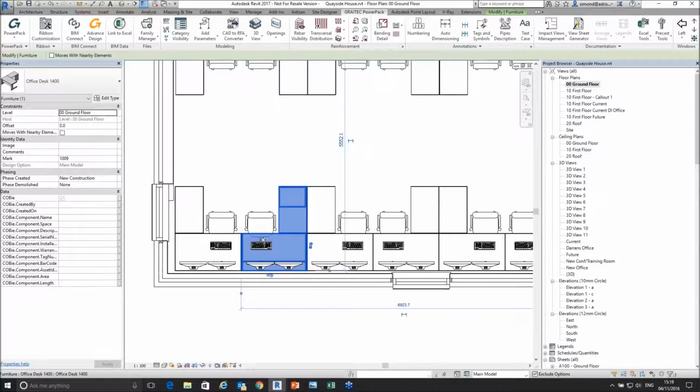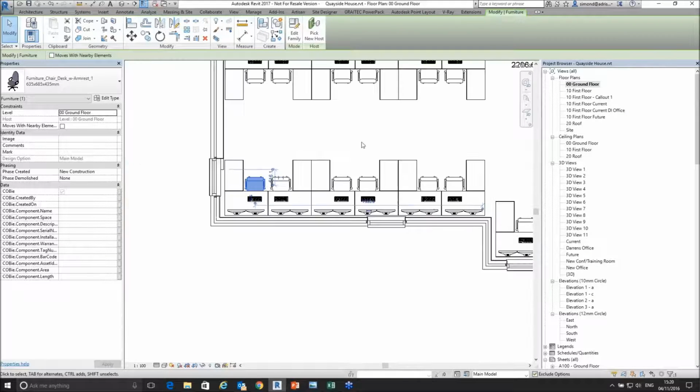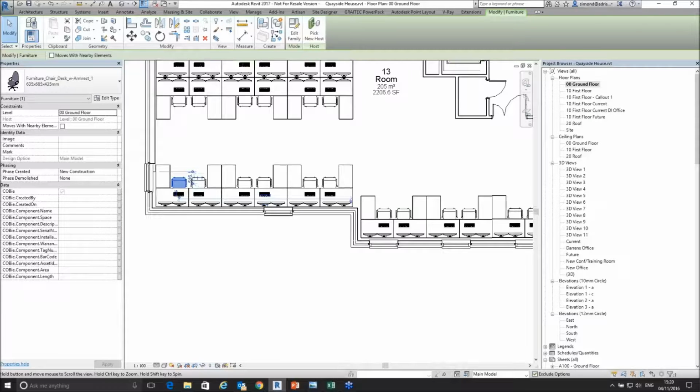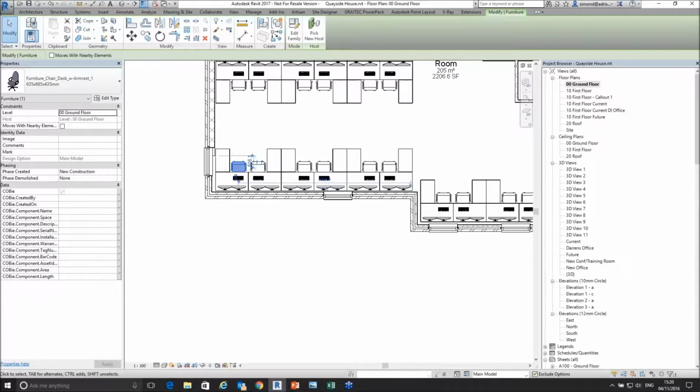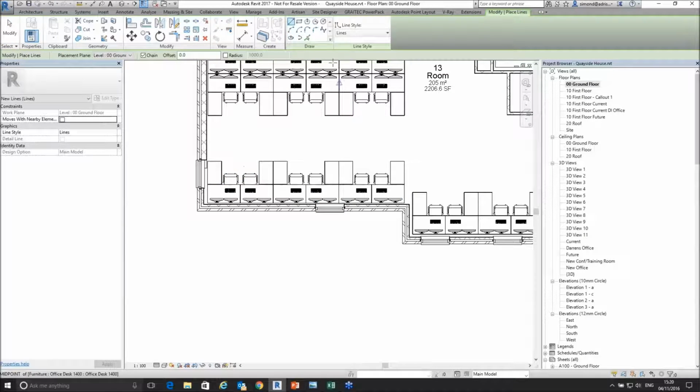Yeah, 1009. If I actually click on the chair, it doesn't have a mark. Again, it's followed that rule. I may want to number these chairs. So what I could then do is I could go to my, let's look at doing the line. So what I could do is I could basically use my